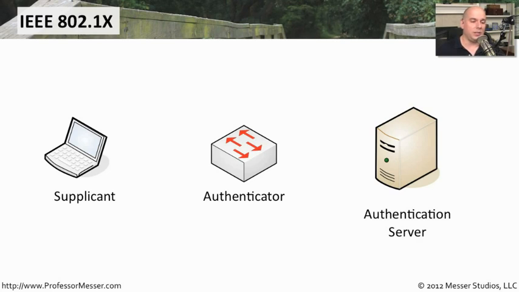At that point, the authentication server thinks about it and says, fantastic, James is somebody who is allowed onto the network. It sends that to the authenticator, who then sends a message to me saying, yes, you are allowed access to the network. It begins to open up the ports, and the authenticator then lets everybody on the network know that I'm authenticated. My switch port is enabled. It may even move me to a particular VLAN, all because now it knows who I am and where I plugged in. This 802.1x process is relatively complex to set up and get running, but you can see there's a lot of power providing port level